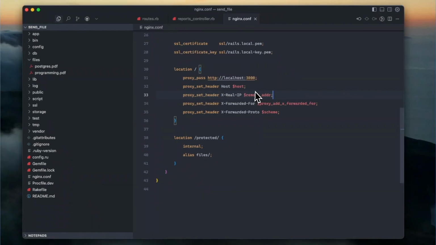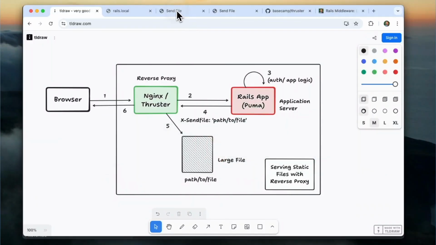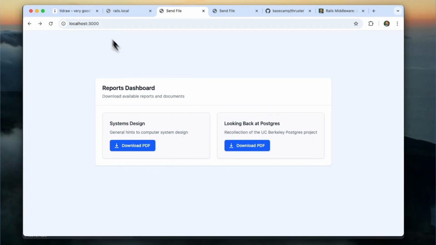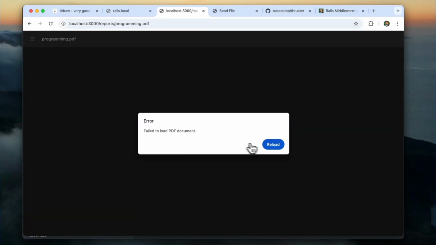So let's try that, but before that, let me just show you what happens if I just click download in a Rails app. Remember, I haven't started Nginx yet. I'm directly hitting the 3000 port, that is the Puma application server. So if I click download PDF, you see it fails to load the PDF document because we are not actually